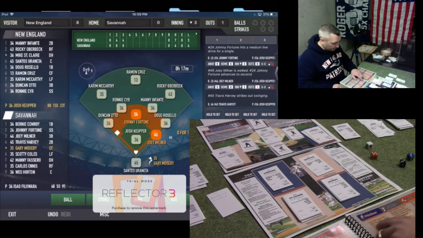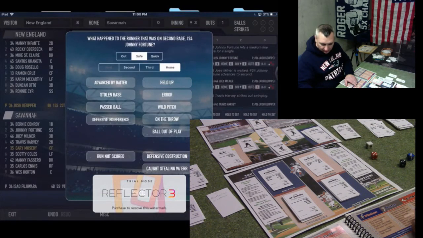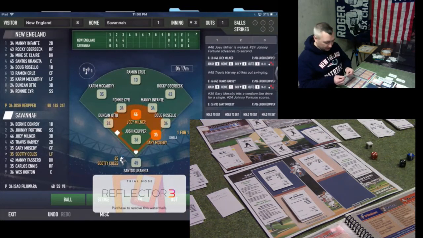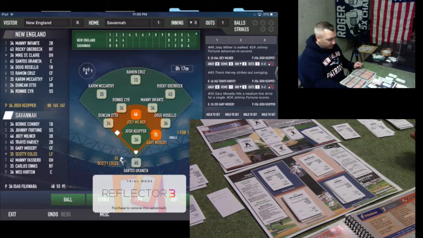3, 3, 5. Wild, no. Is he a sad sack? No. So he's going to single into right field. Let's see. So everybody moves 2 bases. Unless, yeah, Joey Milner's a stoic. Oh, that's too bad because that's going to cut off a stolen base too. But he will drive in 1 run and break the shutout. So it is now 8-1, and there's still 2 runners on base with just 1 out